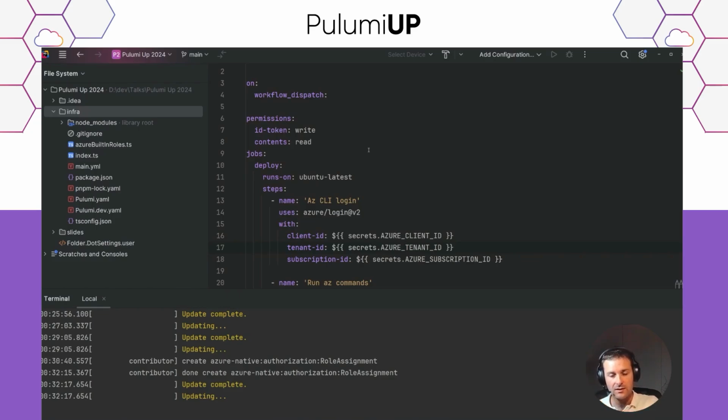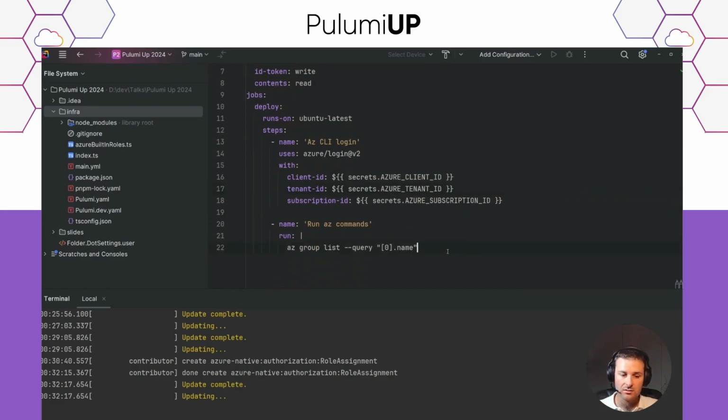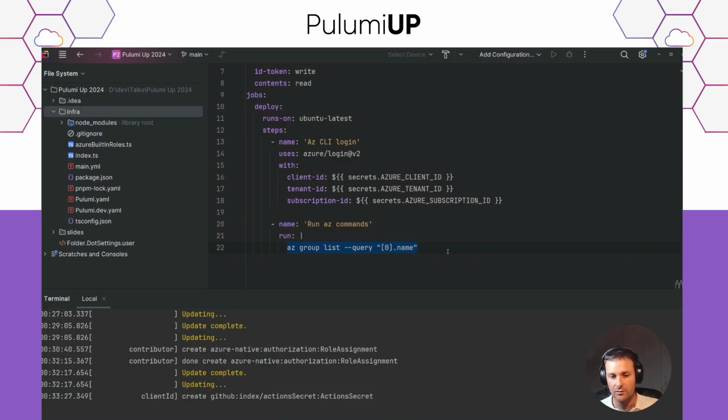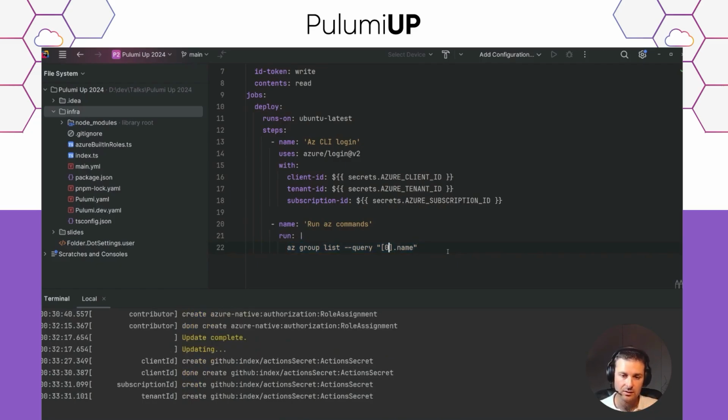We didn't define any secret in Microsoft Entra ID for that because this will directly work with these three variables and the GitHub token on the pipeline that will be exchanged against the Microsoft Entra ID token. And then just to prove it works correctly, we are just doing an Azure command that is listing my resource group and my subscription and taking the name of the first one.